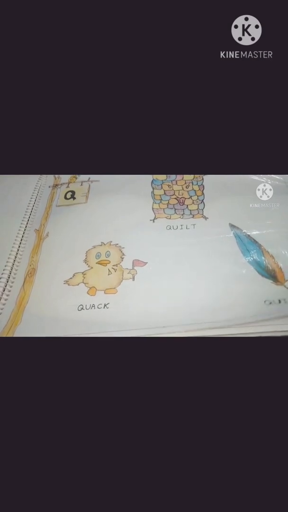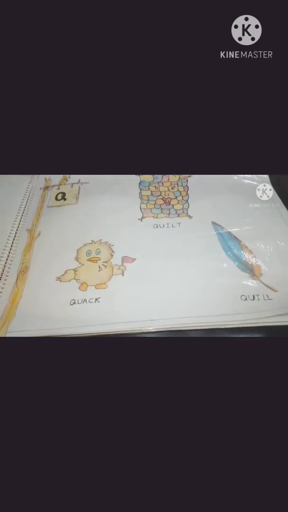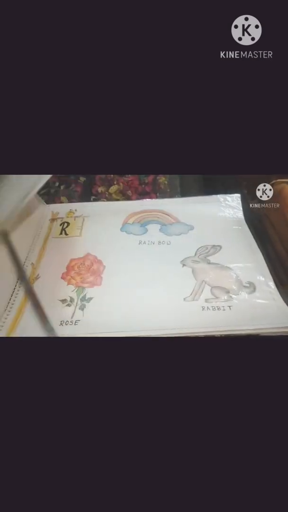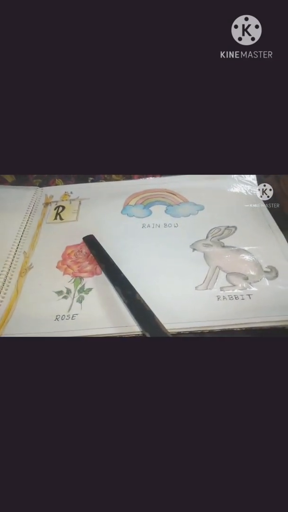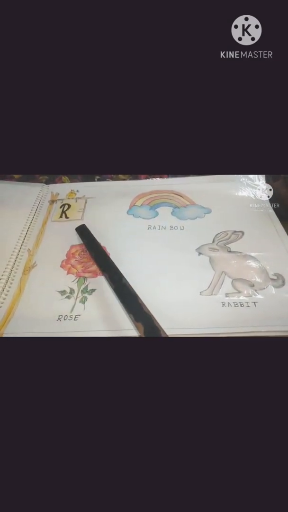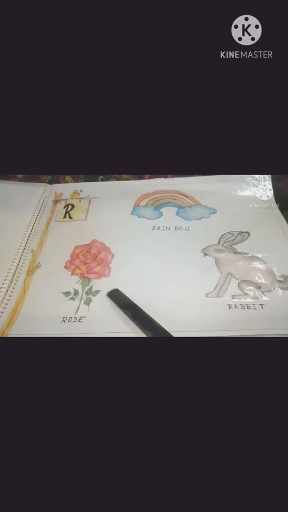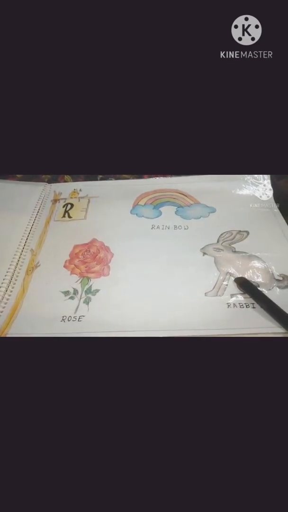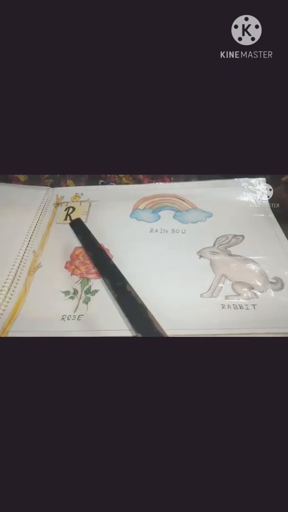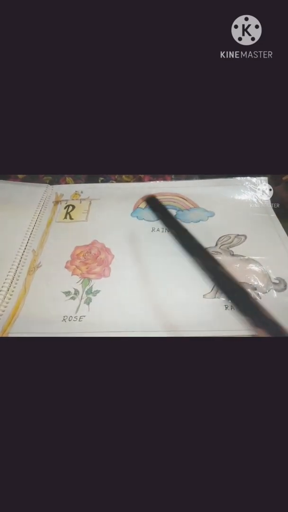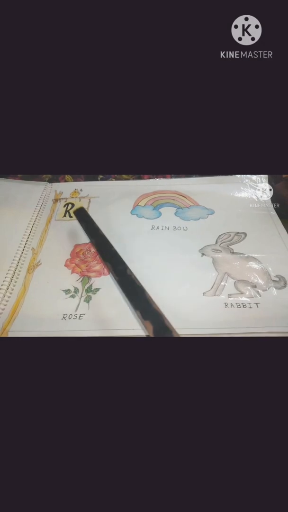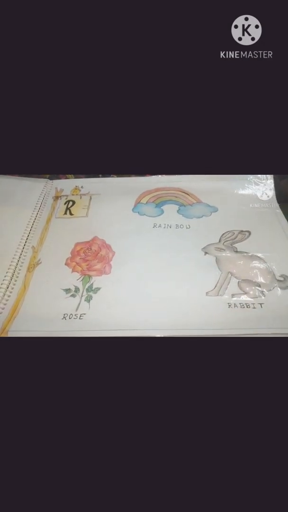Now the next one. After Q, which letter will come? R. Yes, R. R for rainbow, R for rose, R for rabbit. Okay, I repeat. R for rainbow, R for rose, R for rabbit.